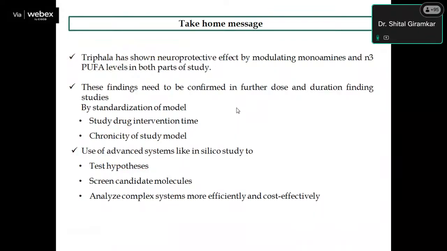Like in the part 1 study, a long-term high-fat diet was given to the animals, but after increasing the duration of Triphala in the second part to 60 days, the high-fat diet was given for only 60 days to the animals, instead of 90 days in the first part. Then, using an advanced system